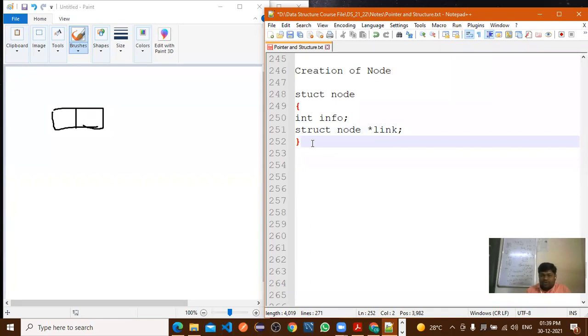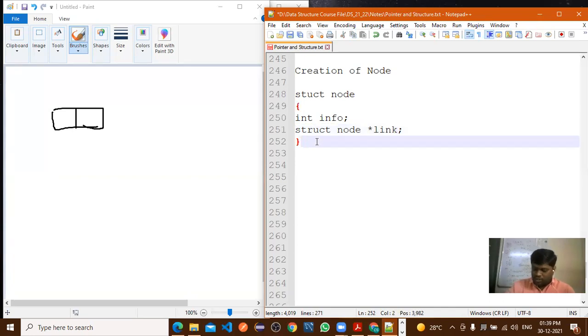Variable of struct node. This pointer link you are considering as a parameter or element of the struct node. Now this element is calling the same structure.